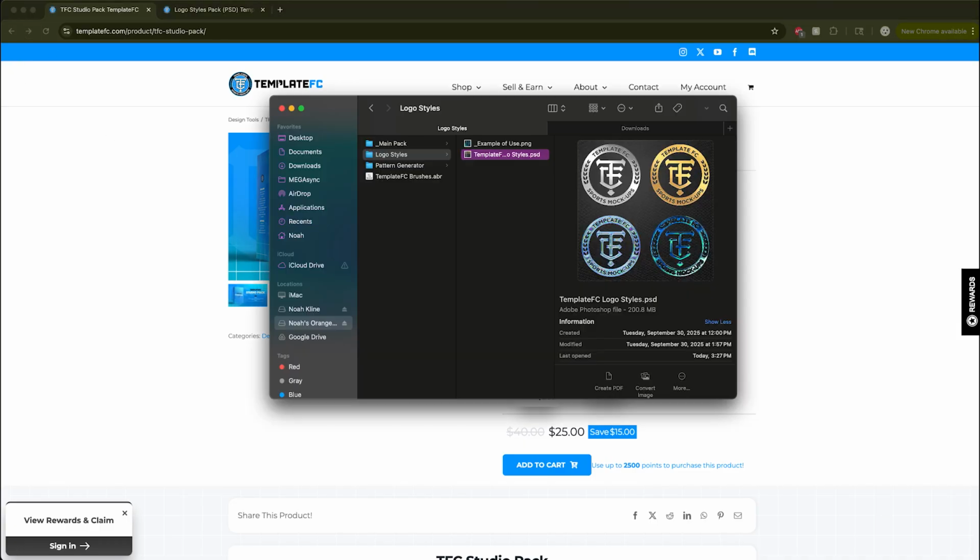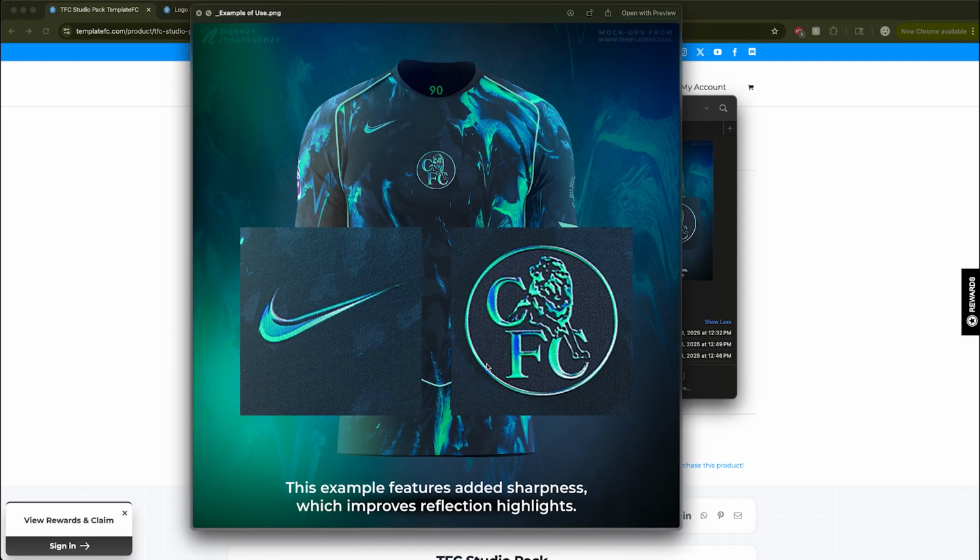But when you download the Logo Styles, you'll get an example of use, which is this Chelsea shirt, and you can see these cool green and blue logos that were created with it. I think this looks fabulous. Now this, like this says, adds sharpness, which improves the reflection and lighting. So that's something to keep in mind when you finish with your design, is that you can make it pop a little bit more. And then these logos also have a little bit of a 3D effect on them to just make them a little more